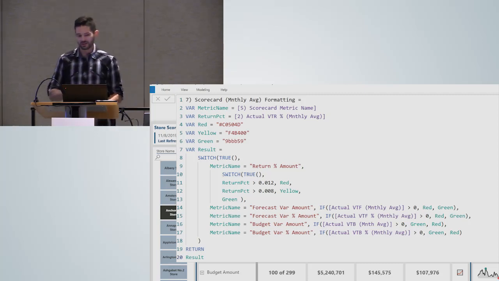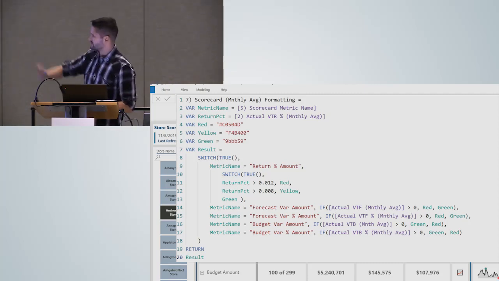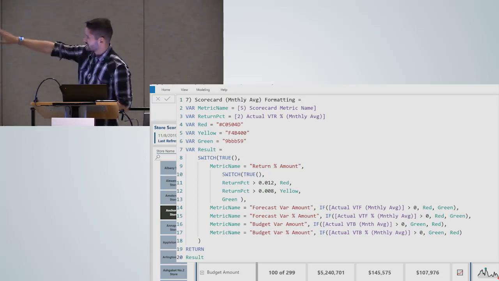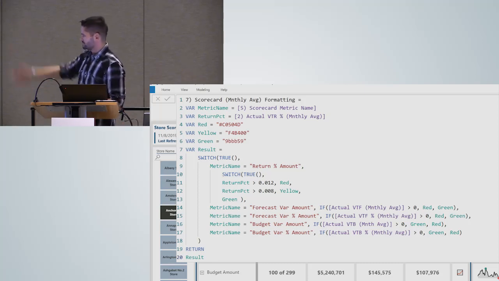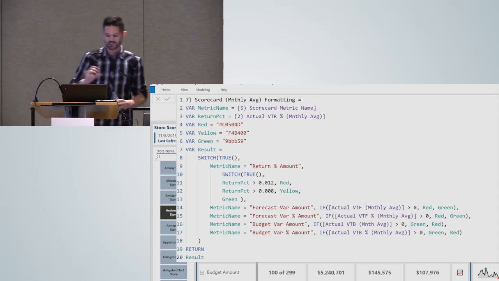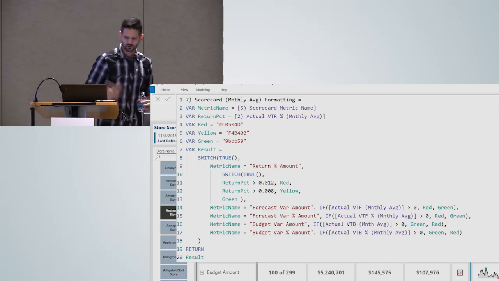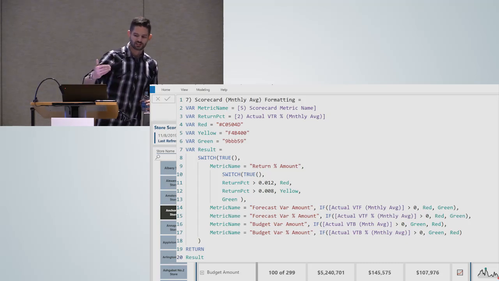So again, having fun with declaring variables makes it much easier to read by the time you get to the bottom. But the nice thing too is you can actually, inside of a switch, you can layer other switches if you need to. Granted, like it's not going to be the fastest thing in the world, but when you have scenarios where you need to provide certain formatting, this is essentially the solution that you can create if you are going to leverage the logic in DAX.